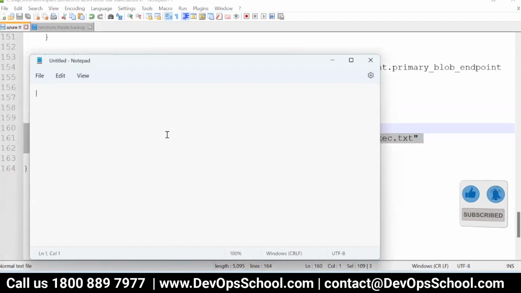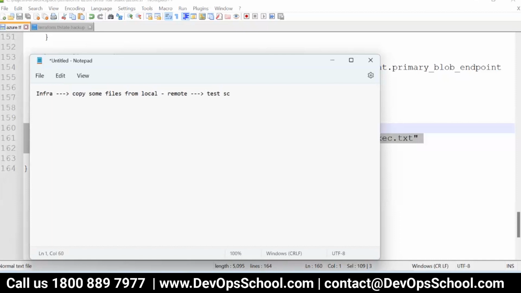You created infra, and after that you copied some files from local to remote. I'm just giving an example. Remote means the VM which you created. After that, you run a testing command, a test script, in the remote.